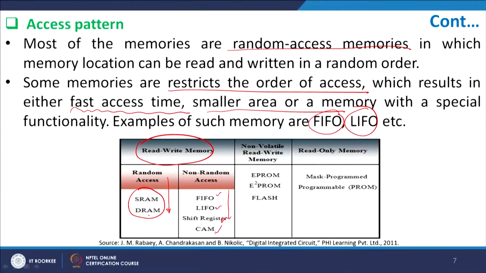content addressable memory. Now you see, for example, shift register, you can have 4 types of shift register. You can have parallel in parallel out, PIPO, you can have first in first out, you can have first in last out, and so on. So there are 4 types of shift register which are all giving you non-random access,